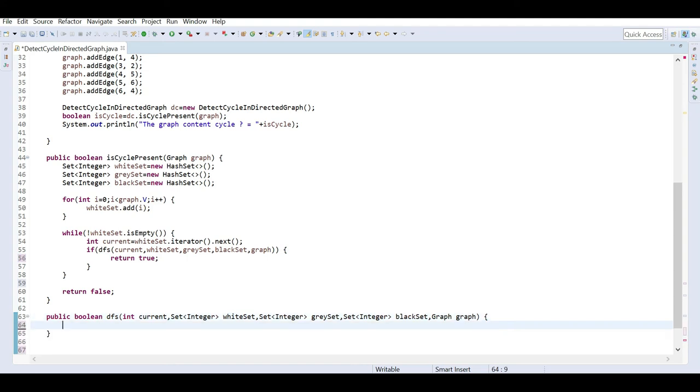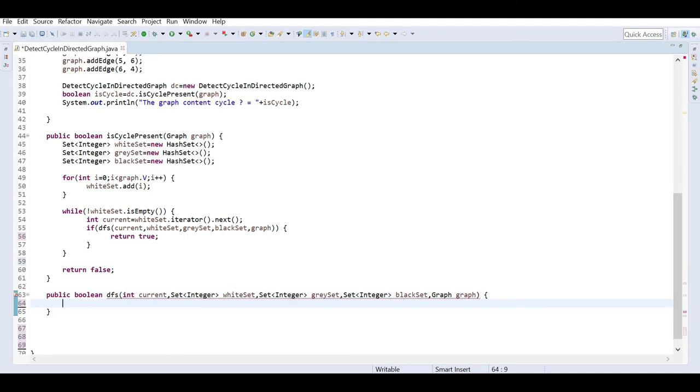So this method body we have to write now. First, our job is, as from the white set we are picking one vertex and we will start processing it. That means we have to first mark it as visited. That means from our white set we have to move it to the gray set, right? For that purpose we can define some method which will do this job for us, because later on we have to move from gray to black also, right?